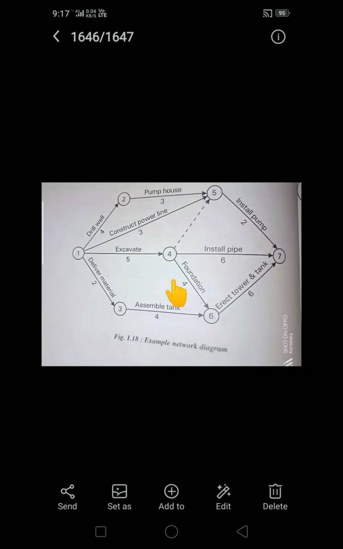Then coming to critical. These are activities lying on the critical path. After the calculation we come to know which are the critical activities. In this figure we need to find out the critical activity, and those critical activities we represent by using a double arrow or thick arrow. Critical activity is nothing but one where the difference between the starting time and finishing time is 0. Those activities having the 0 value we consider as critical activities.